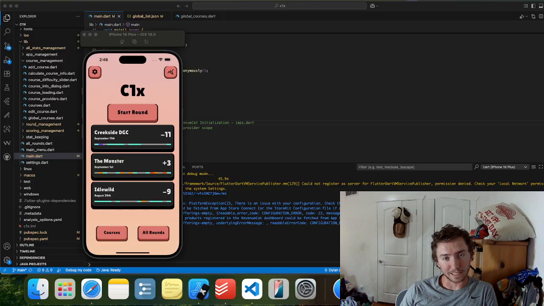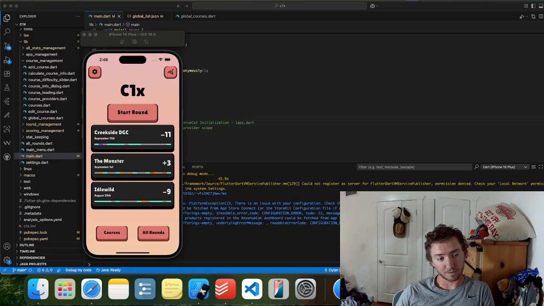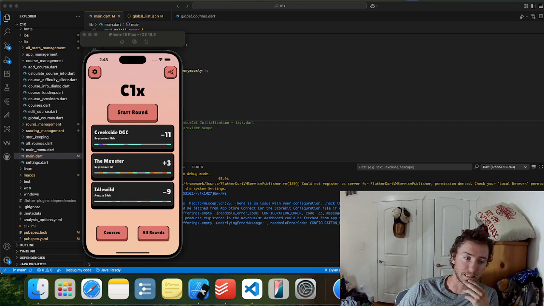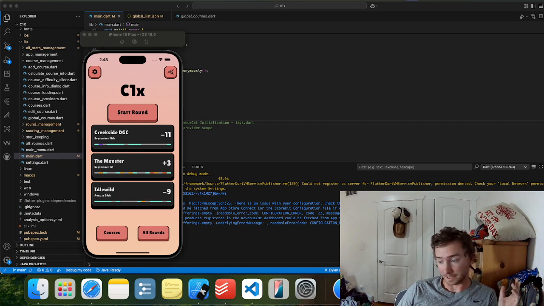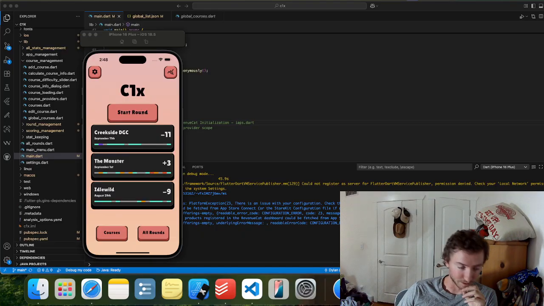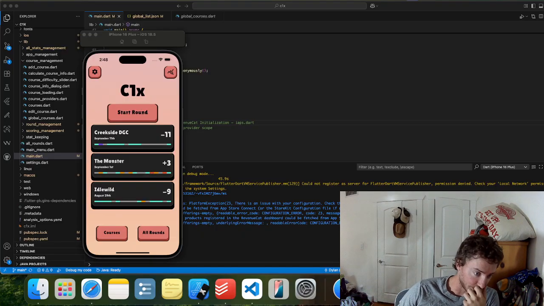Still been working on C1x, but all my work on the app over the past few weeks now, it feels like, has largely not been coding. It's mostly been around getting things set up for launch, and it's come in like 20 and 30-minute bursts. So not something I thought was worth sitting down and filming, but